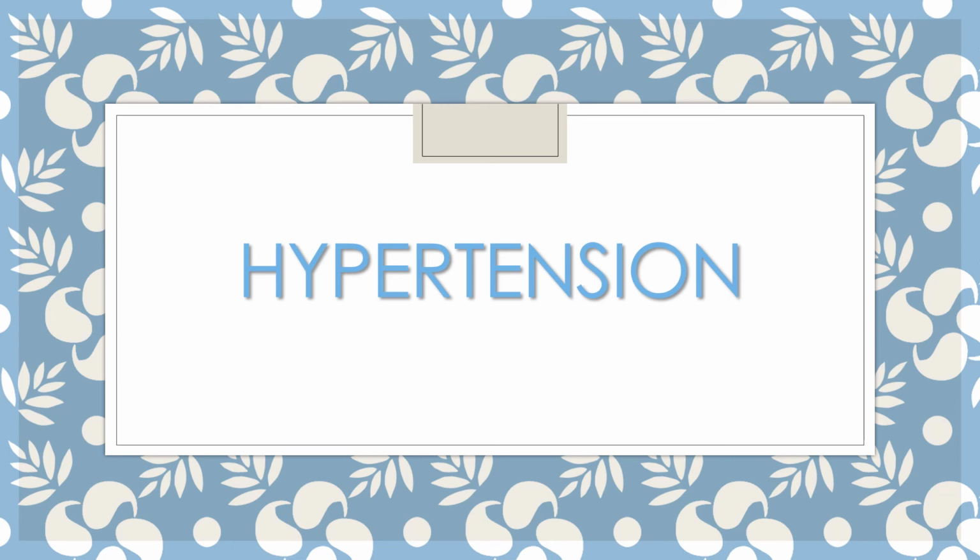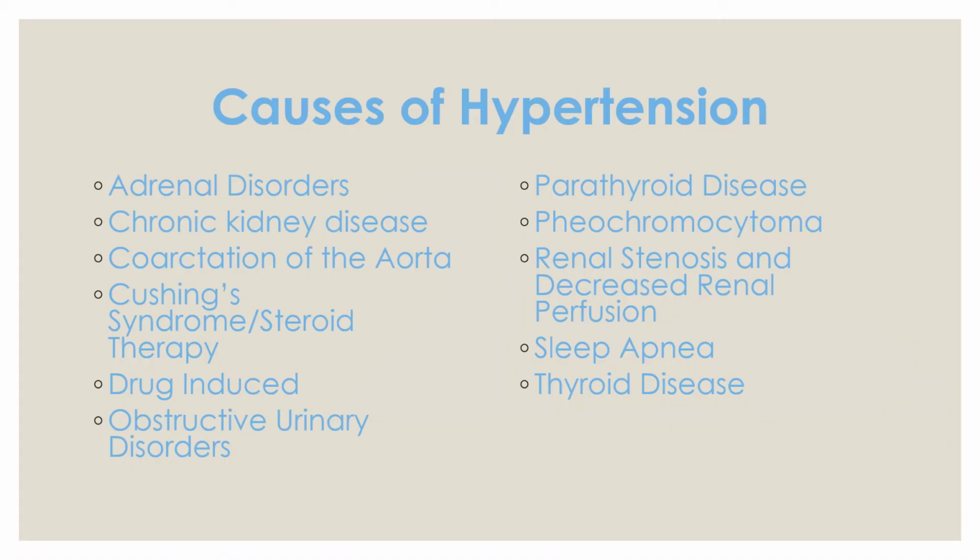This presentation will discuss the concept of perfusion, specifically related to hypertension. There are many different causes of hypertension, and then there are types of hypertension, such as essential hypertension, that we don't understand the cause, or there is no known cause. Other causes of hypertension include disorders of the adrenal glands, where the secretion of epinephrine and norepinephrine cause hypertension, chronic